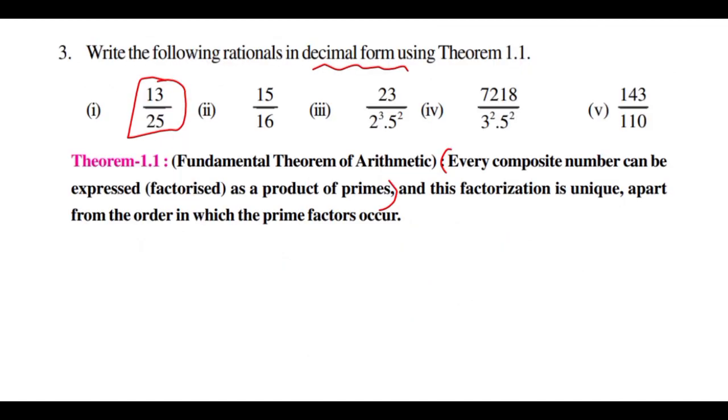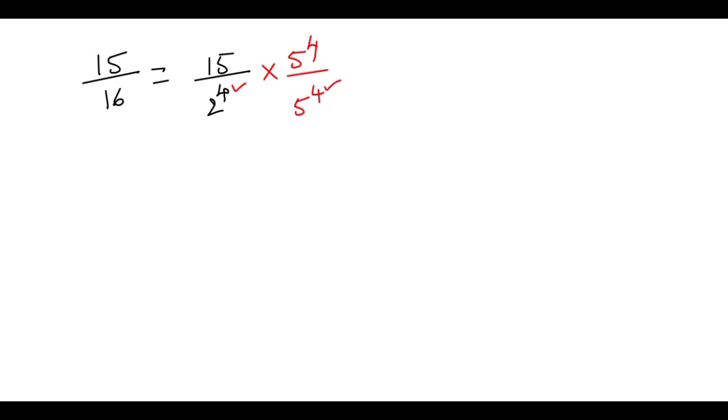Okay, so we will discuss another problem. 15 by 16, this one I am going to explain to you. 15 divided by 16. So 16, you know that we write as 2 power 4. 16 is nothing but 2 to the power of 4. So how many 2s are there? That many 5s we want to take. That means 5 power 4, and the denominator also 5 power 4. Because we have a 4 here, with the 4 we should multiply. Then 15 into 5 power 4 is 625, divided by 2 into 5 to the power of 4.